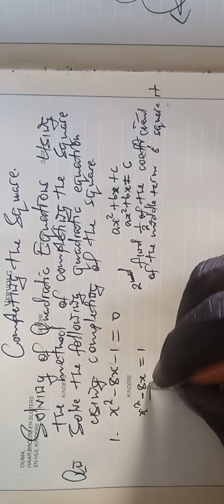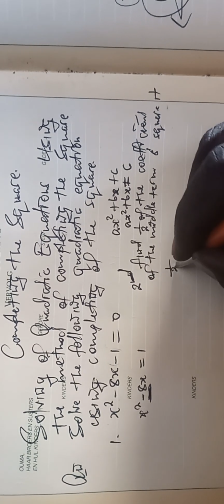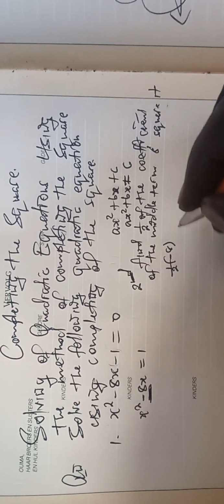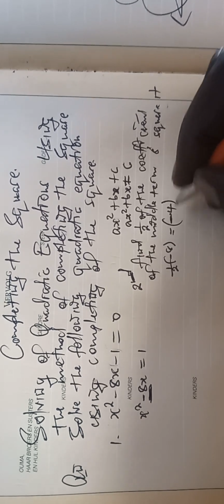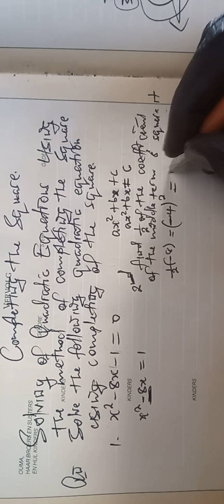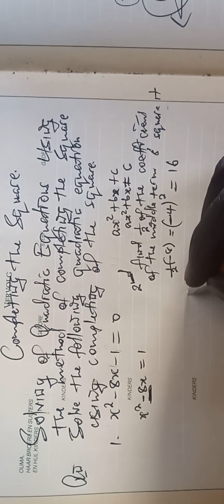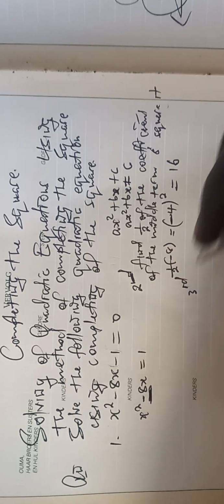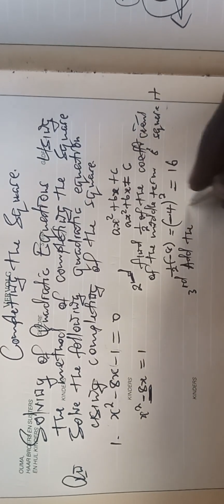In this scenario, our middle term is negative 8. So we say half of negative 8, and we get negative 4. Then this negative 4, you square it, and the final number that you are going to get is 16. That number which you get takes us to the third step, which is to add the found number